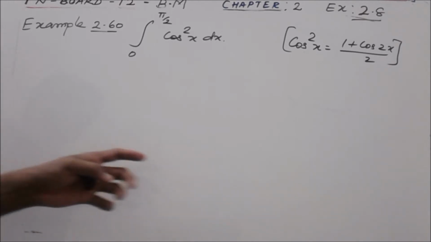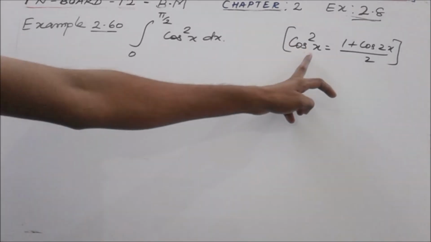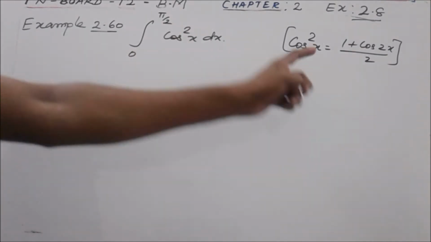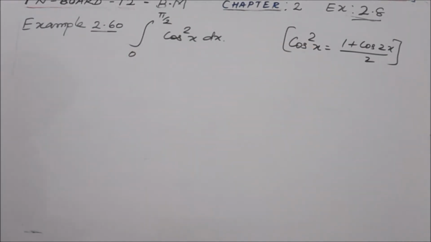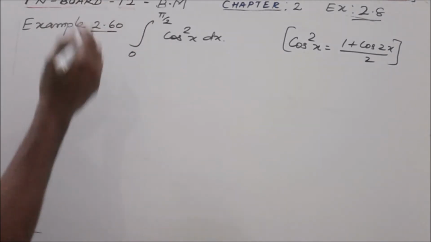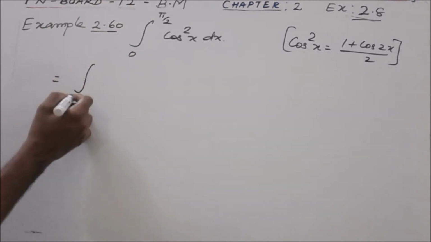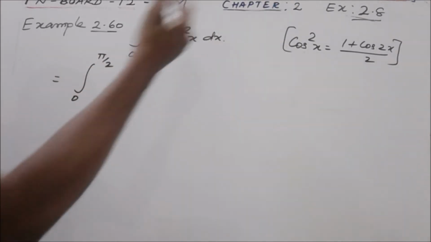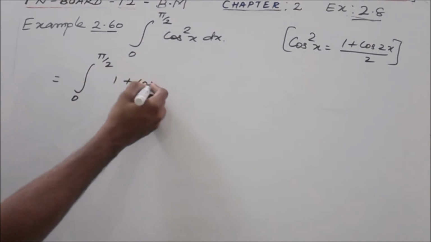Now the equivalent trigonometry formula for cos square x without square, you should choose a formula without square. That is cos square x is equal to 1 plus cos 2x by 2. Now substituting here, 0 to pi by 2,